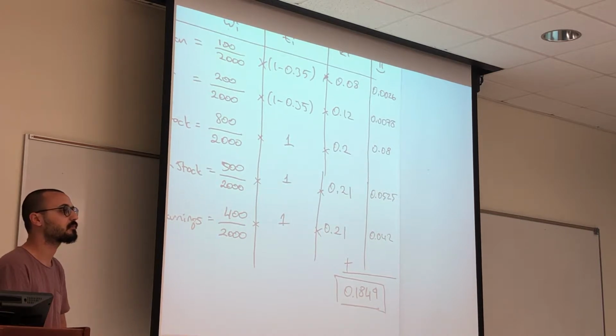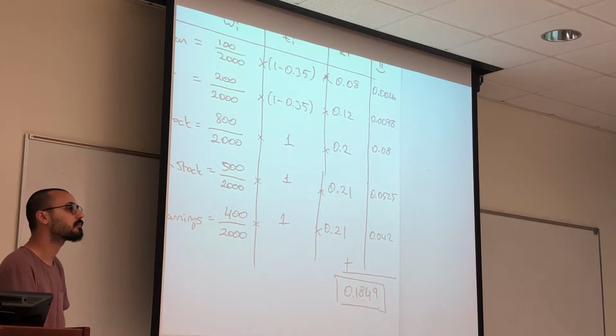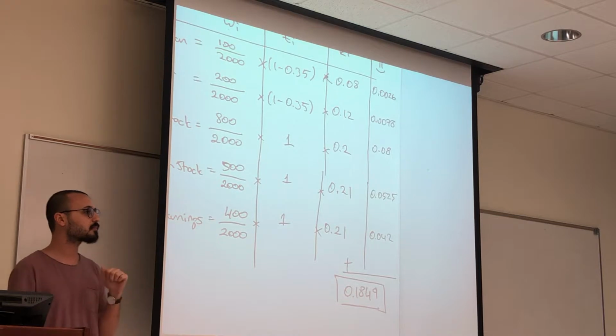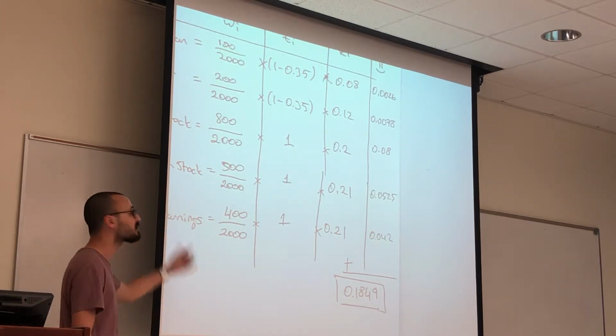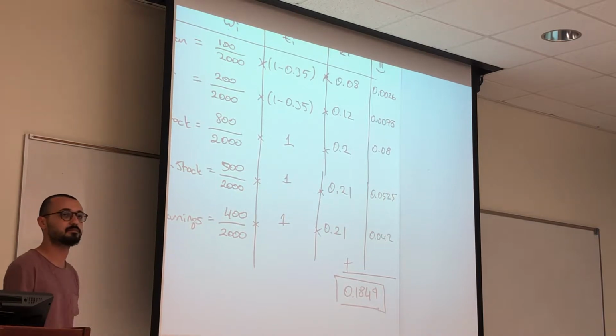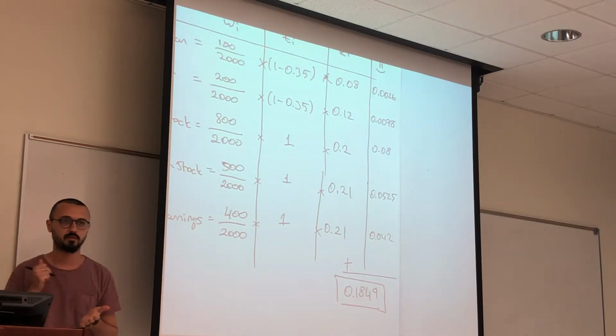Yes? For your WI, those are like 100,000 and then 2,000. You multiply by 1,000. Yeah. Multiply by thousands, but because it's just a ratio, it doesn't actually matter. Any other questions? I assume everyone knows how to do this and can do it if it's on the quiz. Cool.